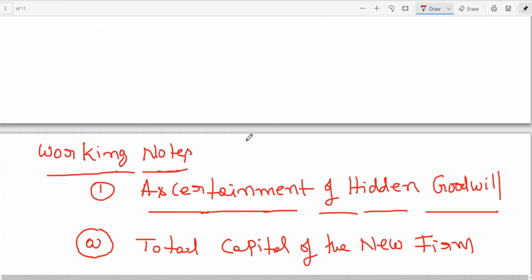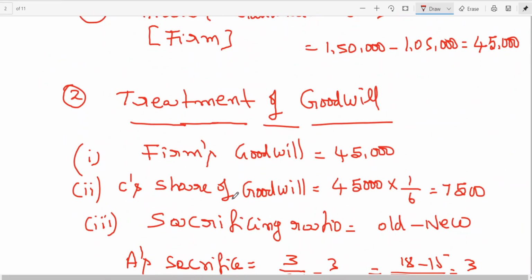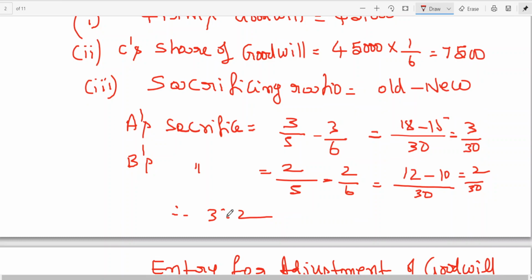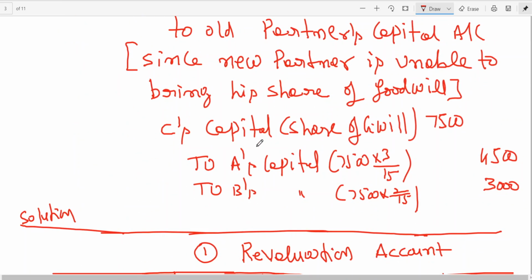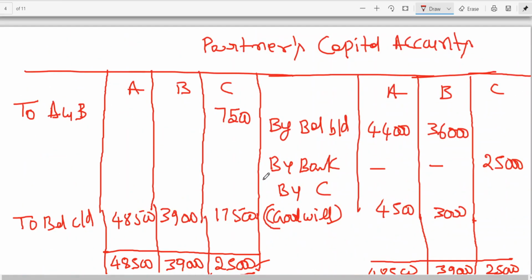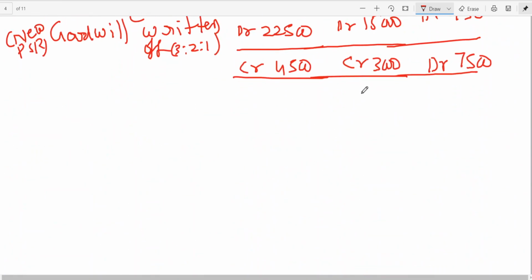We have done it the other way. Here, how to find out the treatment of goodwill? I have given you firm goodwill, share of goodwill, sacrificing. Alternatively, goodwill can be raised and written off. So this is the second treatment of goodwill, the alternative I have explained. But you will be having the same entry, C's capital to A's capital, B's capital. That means when firm goodwill is given and the new profit sharing ratio is given, we can raise the goodwill and write off the goodwill. The treatment will be the same. Okay, in today's class you learned hidden goodwill, and in the next class we will be taking up the fourth illustration, the fourth question from your study material. Thank you very much. We'll meet in the next class.